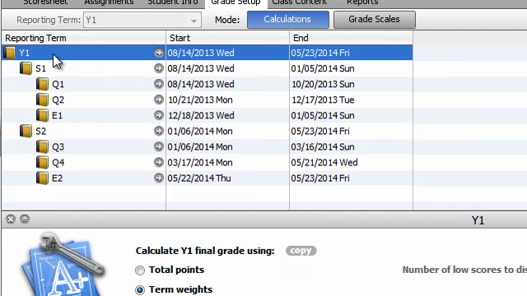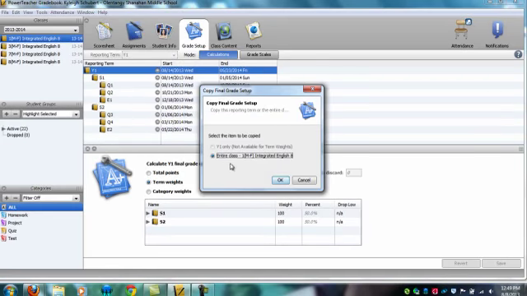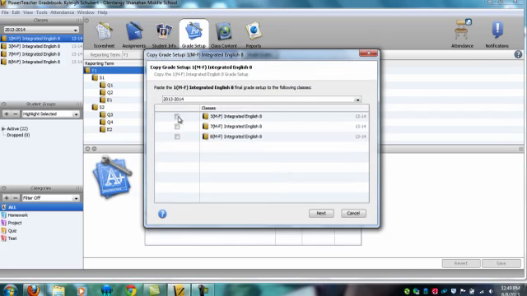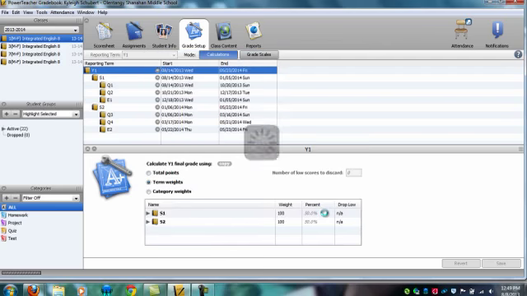The easiest way to do that is if we go back to Y1, we can copy the weights from Year 1, Semester 1, and Semester 2 to all of our classes if they're going to be set up the same way. To the right of where it says Calculate Y1 Final Grade, you'll see a gray piece that says Copy. Click on Copy. We're going to copy the entire class. And since we have all year-long classes, we're going to copy it to the other three sections that we have listed in this gradebook. We're going to click Next, and it's going to copy the final grade setup for the rest of the three classes. If we click Finish,